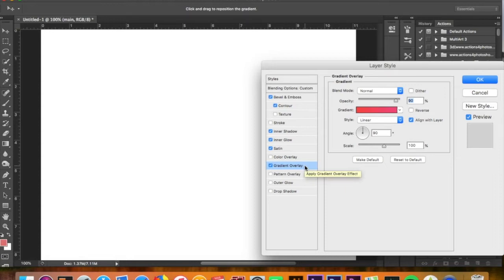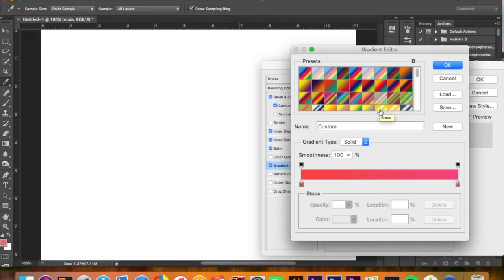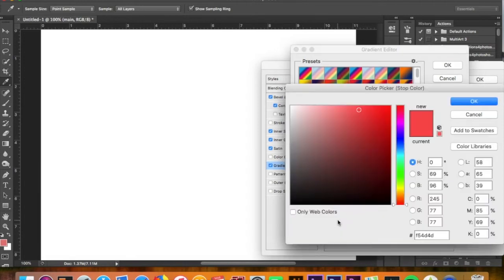So I have a 90% opacity for this one just because I think that makes it look good, but you could alter that if you need to. Linear is my style and 90 degrees is my angle. So I am going to choose bright colors. You'd want to do the same. You can change it up. I just use pink and a slight red color, but you guys could do purple, blue, green, whatever you think